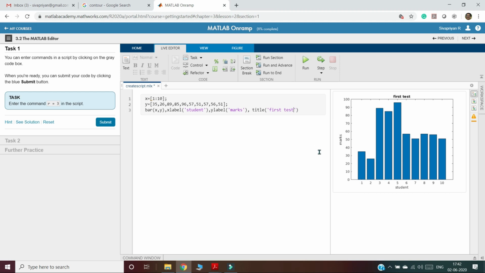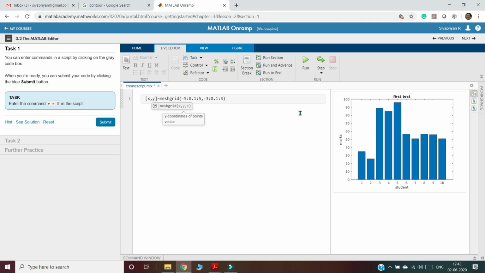For that I will take x, y for the contour graph, equal to meshgrid, starting from -5 with increment 0.1 up to 5, comma, -3 with increment 0.1 up to 3.